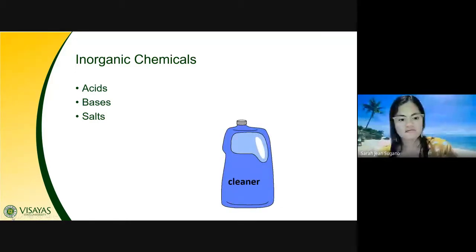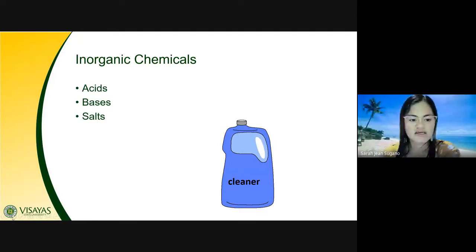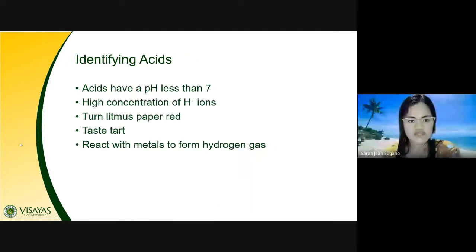So, most of them are cleaners, are bleaches. My acid is hydrochloric acid, muriatic acid. So, now in identifying acids, I think we are familiar with this one. Acids have a pH less than 7, so it has a higher concentration of hydrogen ions. The indicator for identifying the acids is that the litmus paper will turn red and it has a taste